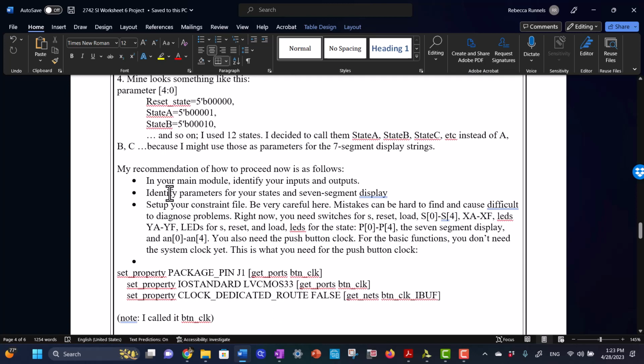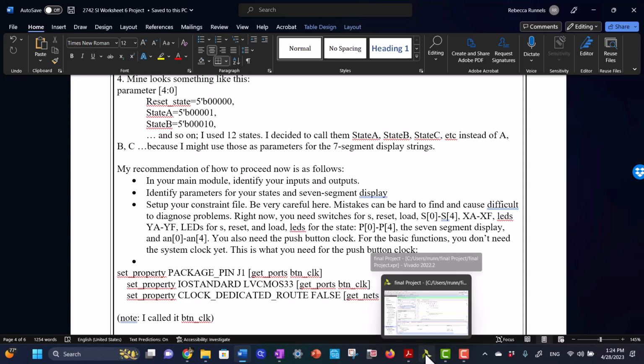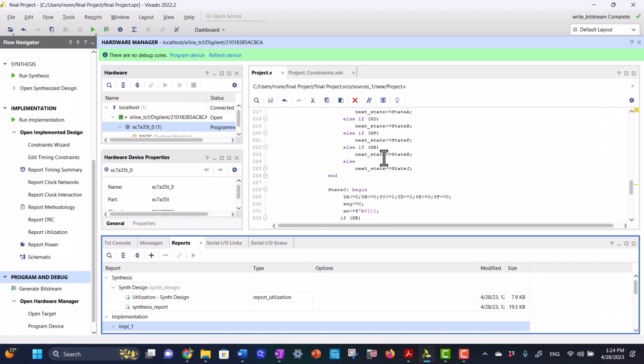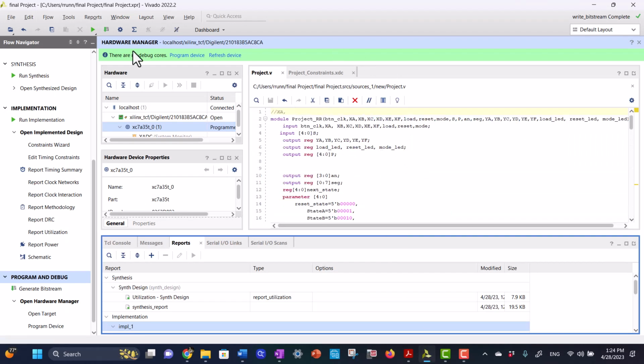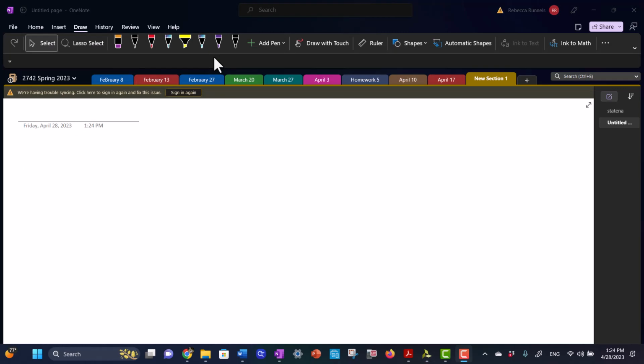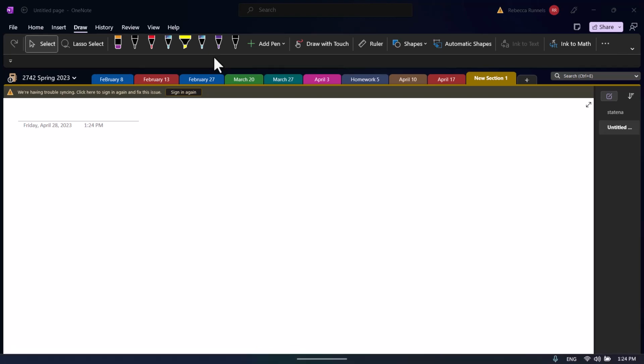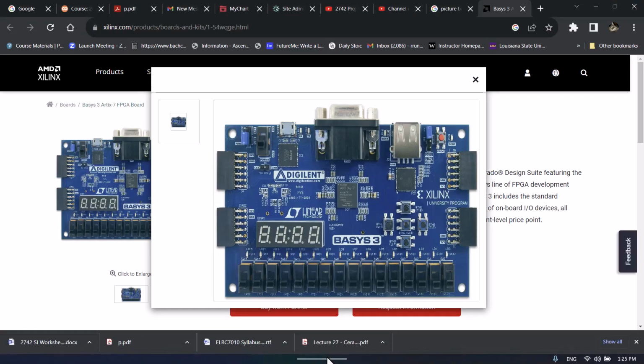Okay, so what I recommend that you do now is that you get started with your Verilog and you identify your inputs and your outputs. So you're going to say what your inputs and your outputs are. Let's just think about that for a minute, and let's think about what our inputs are. We have our switches, and if you look at what's given to you in your project,